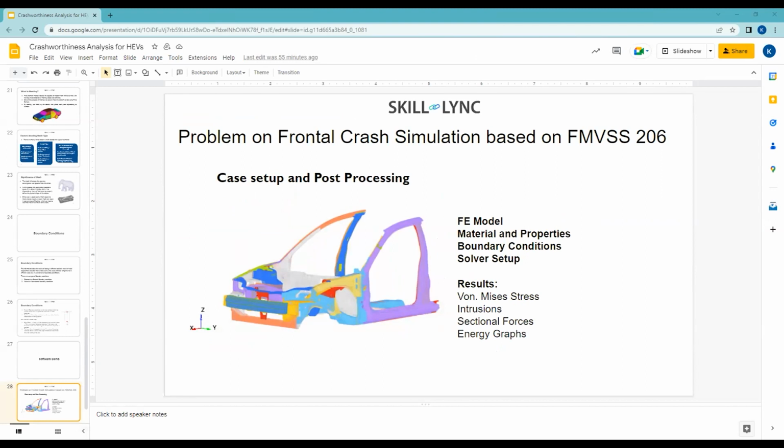So what we are doing is, we are taking a basic BIW of a car, the frontal part, and then after that we are trying to find out what the changes are which are happening. So there are n number of cards over here.